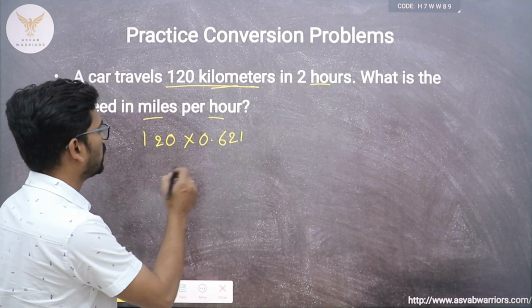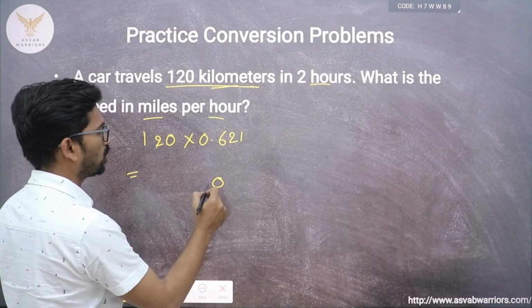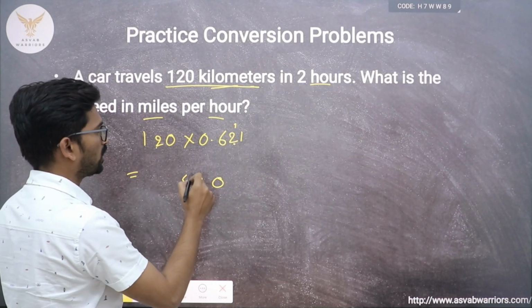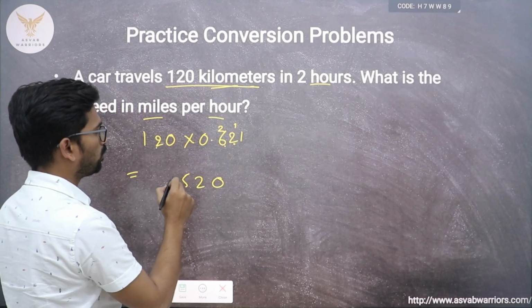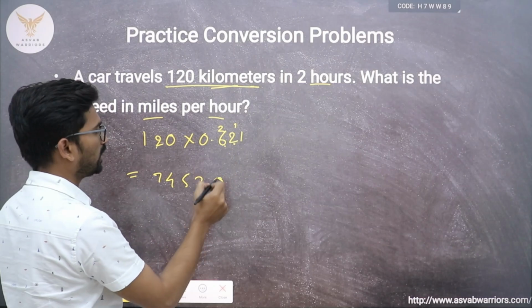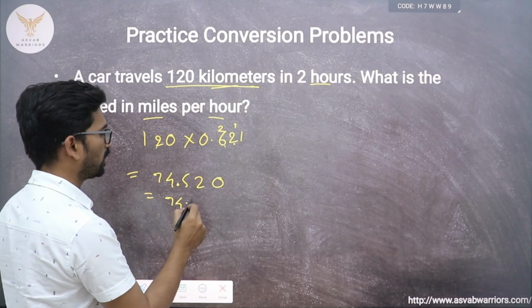So we will do this multiplication. So this 0 will be as it is. 12 ones are 12, carry 1. 12 twos are 24, plus 1 is 25, carry 2. 12 6s are 72, plus 2 is 74, and decimal point after 3 digits from right hand side. So our answer will be 74.52